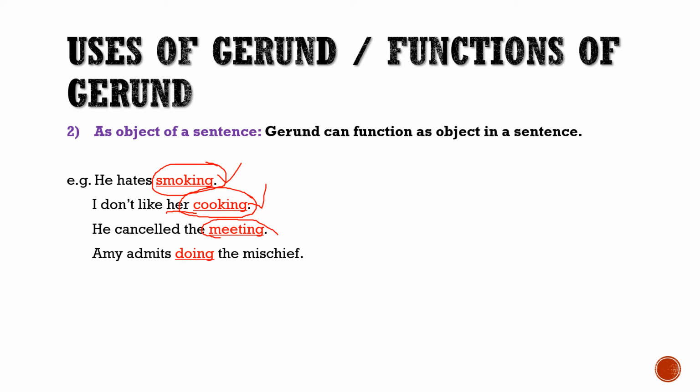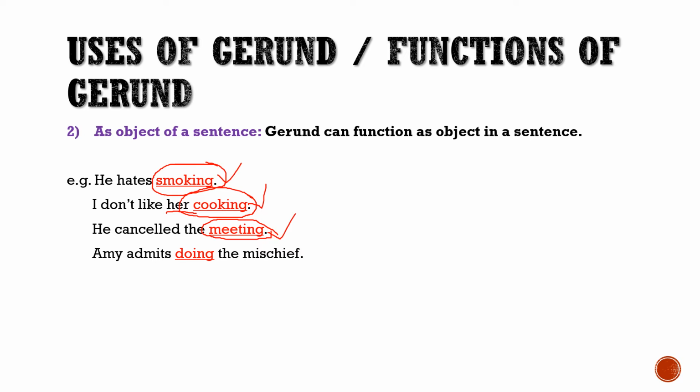He cancelled the meeting. So we have formed this gerund with adding ing with the base form of the verb meet, and it is an object in this sentence, right? এখানে cancel ভার্বটির অ্যাকশনকে রিসিভ করেছে এই মিটিং নাউনটি এবং এই মিটিং এই বাক্যে অবজেক্ট।